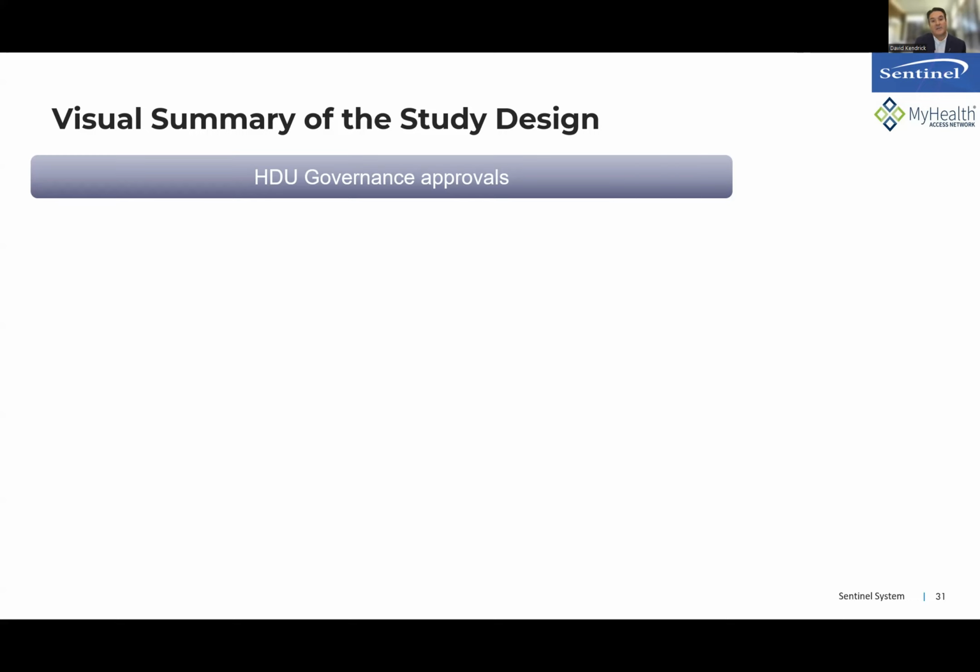And so our governance sits as an umbrella over that, and they weighed in on this proposal, this study design that I'm going to show you, and ultimately approved the use of the data in the MyHealth system for this purpose. That's very important to obtain because, as you may know, privacy laws, rules around the secondary uses of health data, notification of patients, and so on, can be unique from state to state.